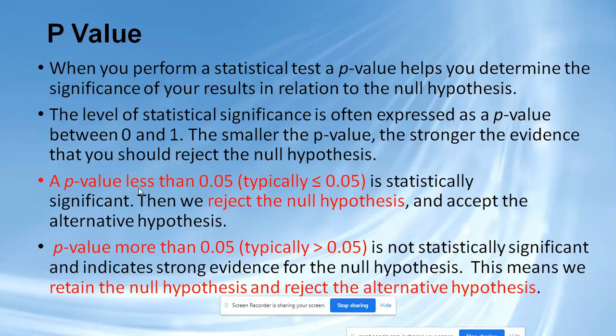That means we tend to accept the null hypothesis and we reject the alternative one. Okay, so this is a kind of unfavorable result. So we should always see that p value should be less than 0.05. It depends on what your research hypothesis is, what your values are. Okay, in most of the cases, we try to reject the null hypothesis and accept the alternative one. So this is how we interpret the